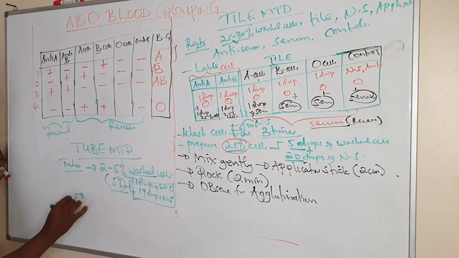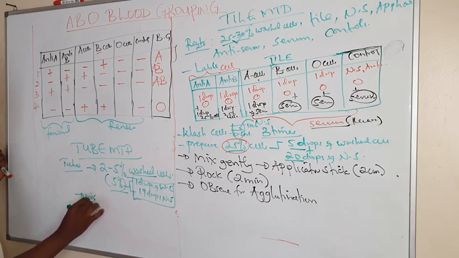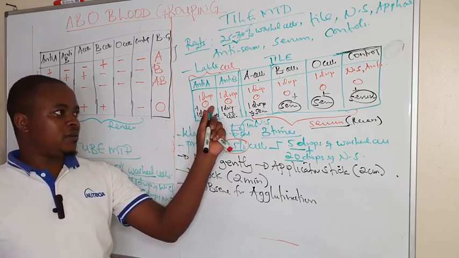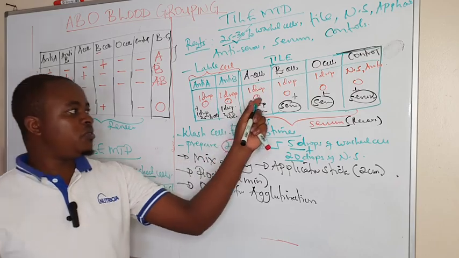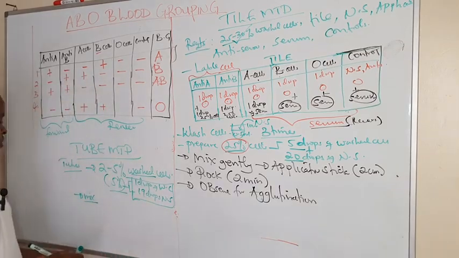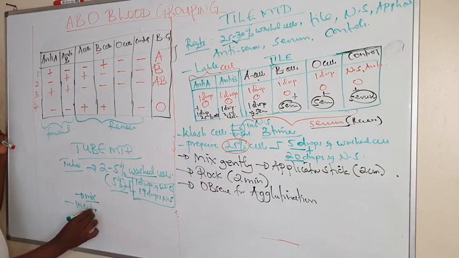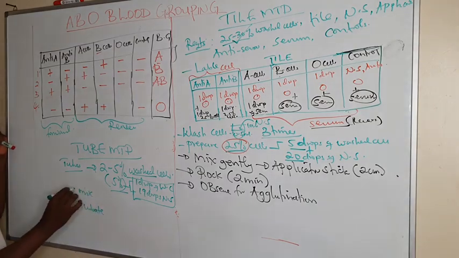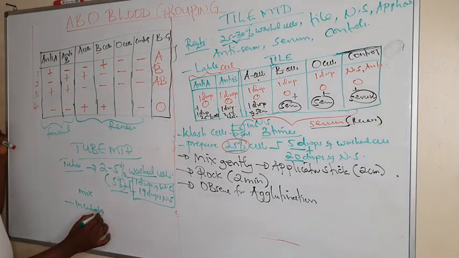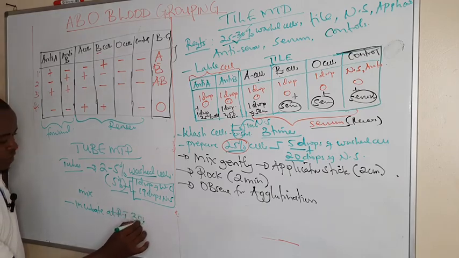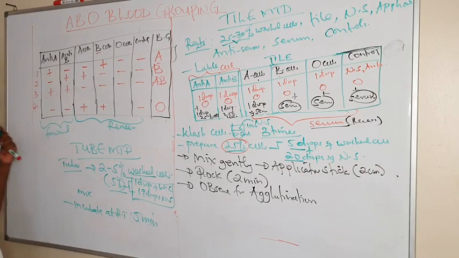Then another difference: when we add antisera with cells, always remember to begin with the antisera. In serum grouping we begin with serum, then we add cells. Always begin with the serum, then add cells. After mixing, with the tubes we incubate at room temperature for 20 to 30 minutes in the tile method, while here we use 5 minutes. After incubating for 5 minutes,